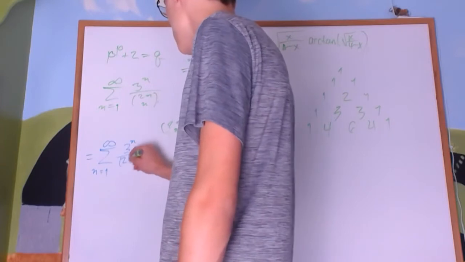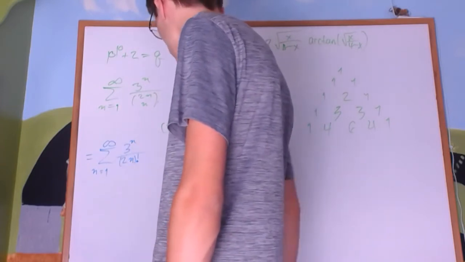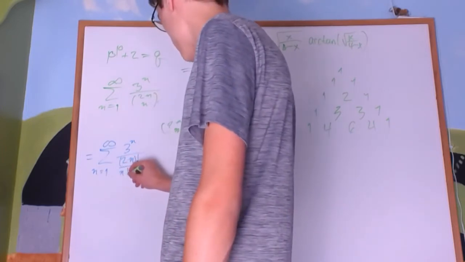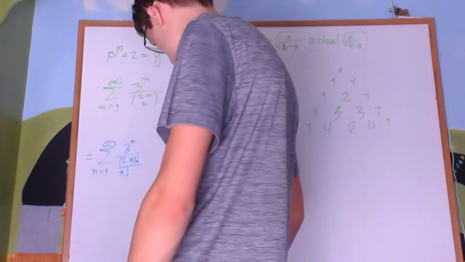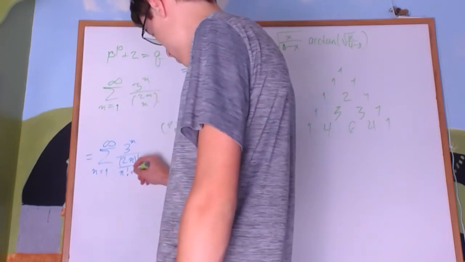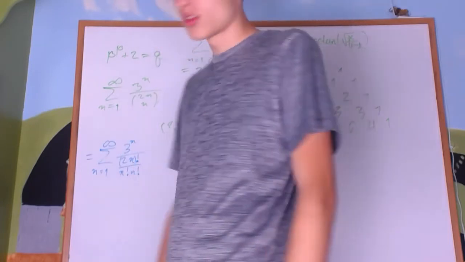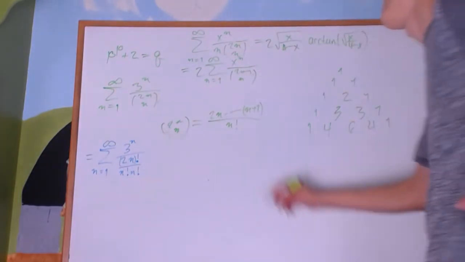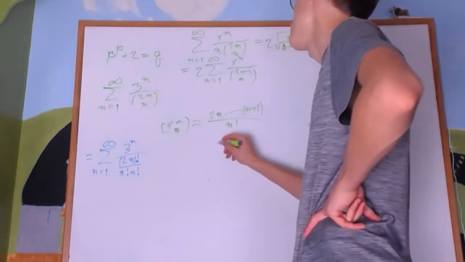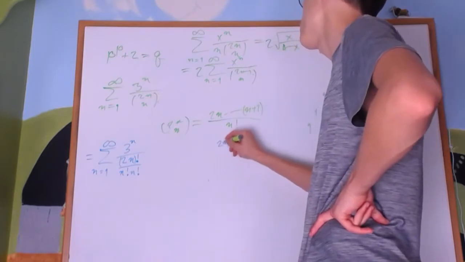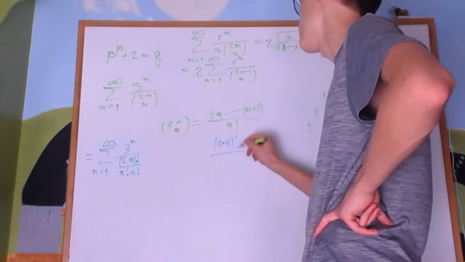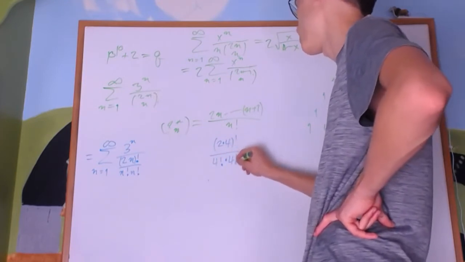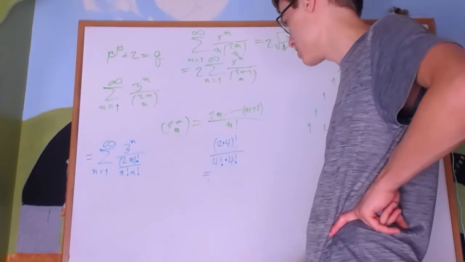It's 2n factorial over n factorial times n factorial again. I think that's how it goes. Right. Let's do 4. So you do 2 times 4 factorial over 4 factorial times 4 factorial is equal to